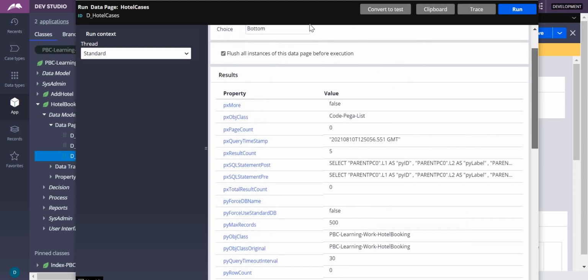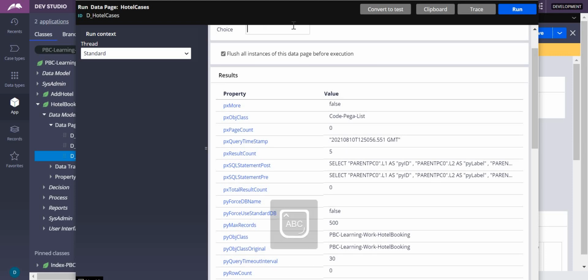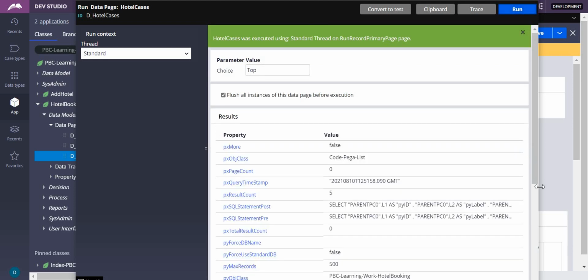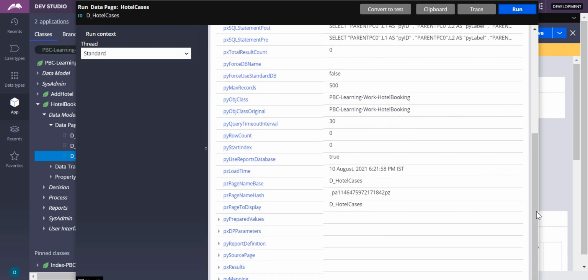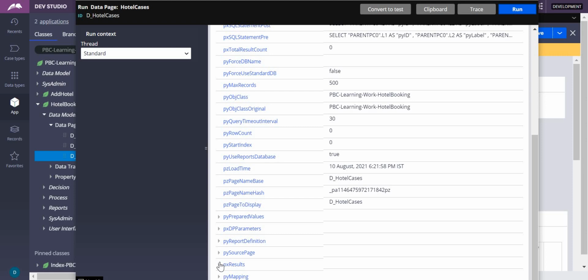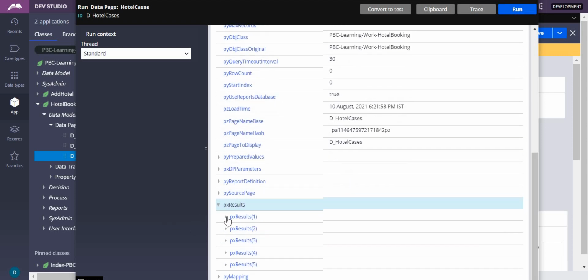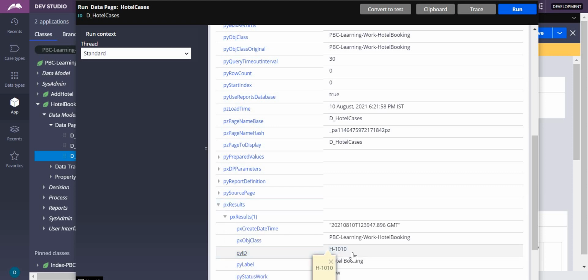Now let me write top here and see the px result. Even here it will give 5 as the result count, but if I check in px result, it will give you the latest case which has been created. Can you see the latest case is H1010?